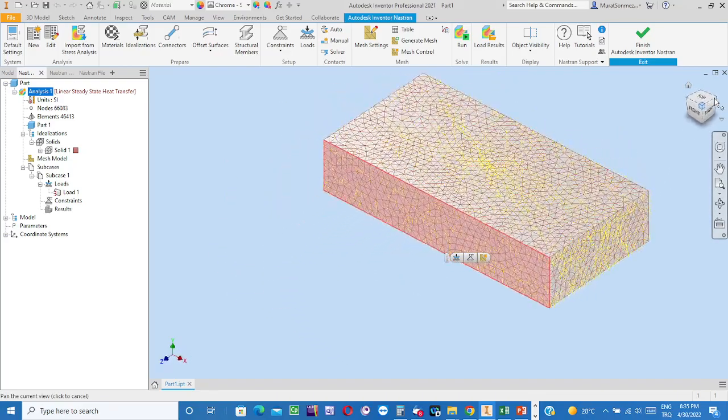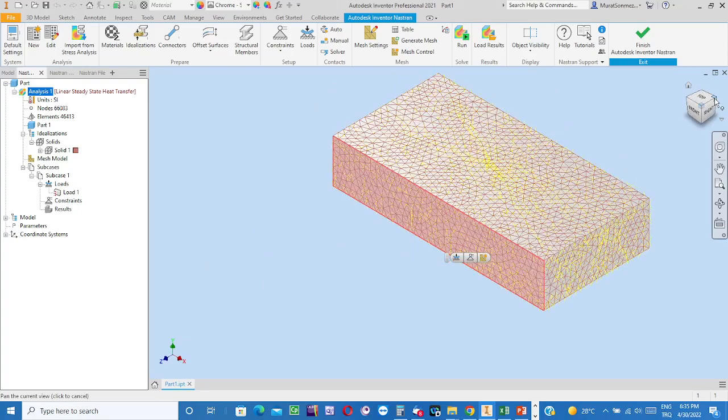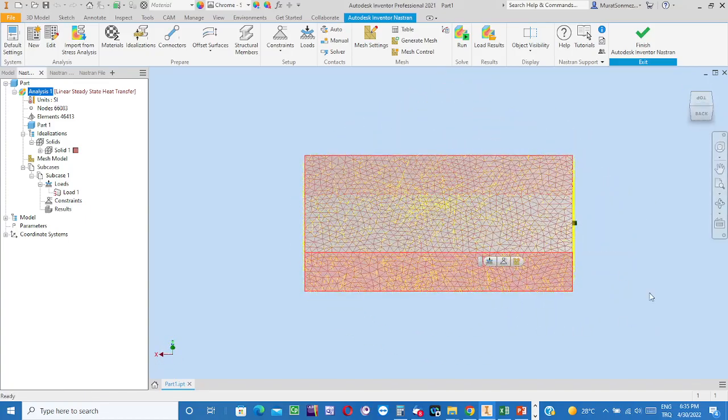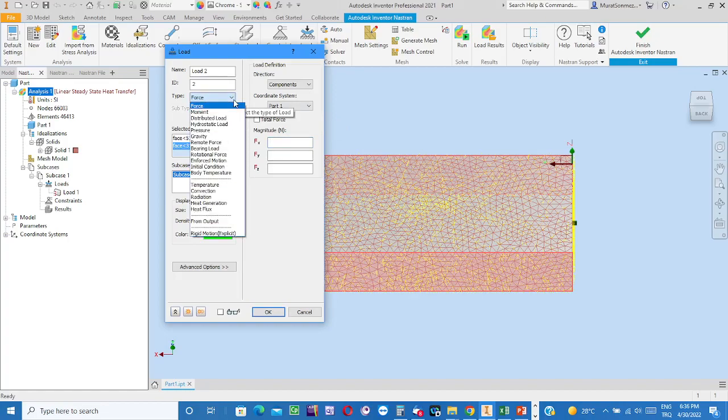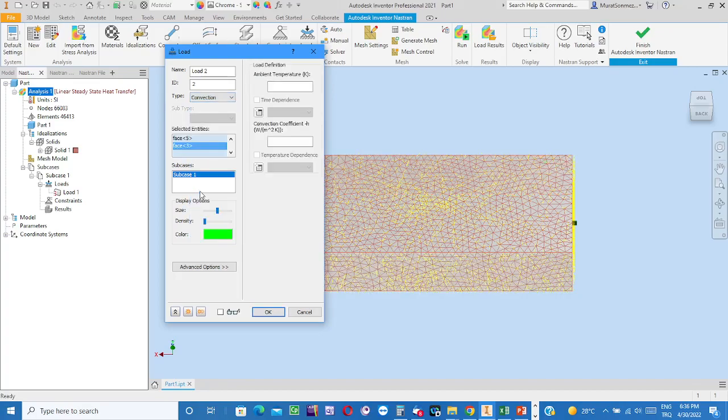now I'm keeping the control key of the keyboard pressed, toggled on, to indicate more than one entities, that surface and the other surface. These are the vertically directed surfaces. I selected those vertical surfaces and then clicked on boundary condition inputting button. From the type list, select convection heat transfer option,